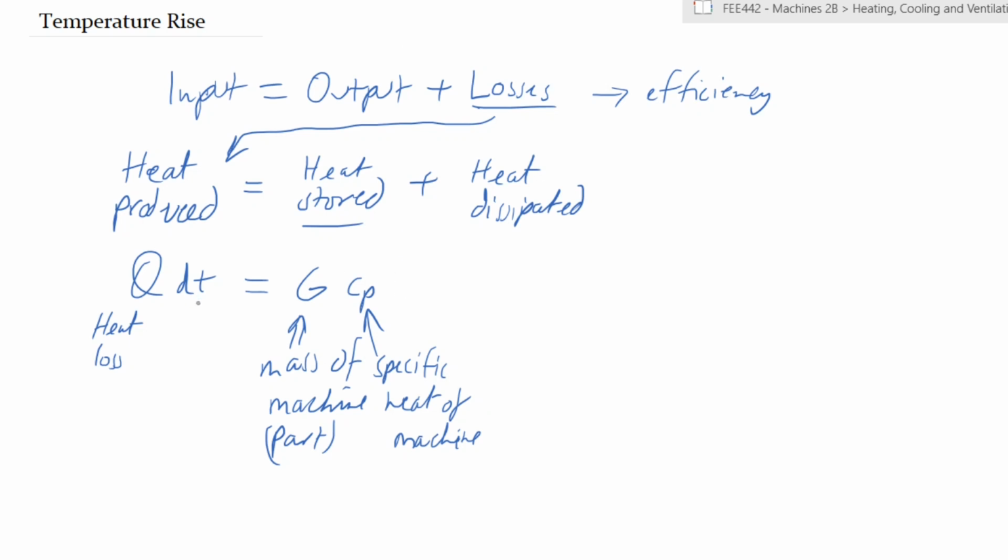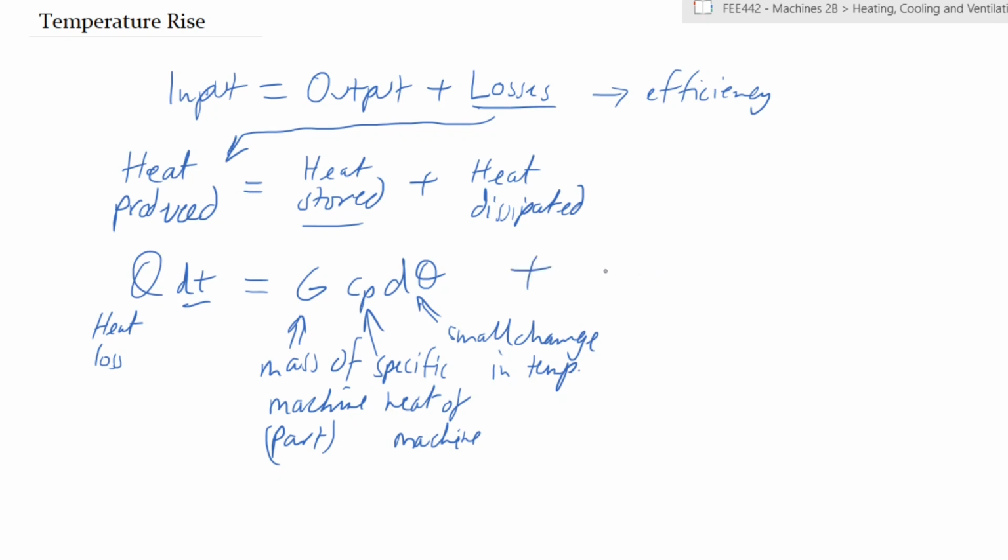And those two, within the small period of time we are talking about, will lead to a small change in temperature, right? This is the heat stored within the machine,